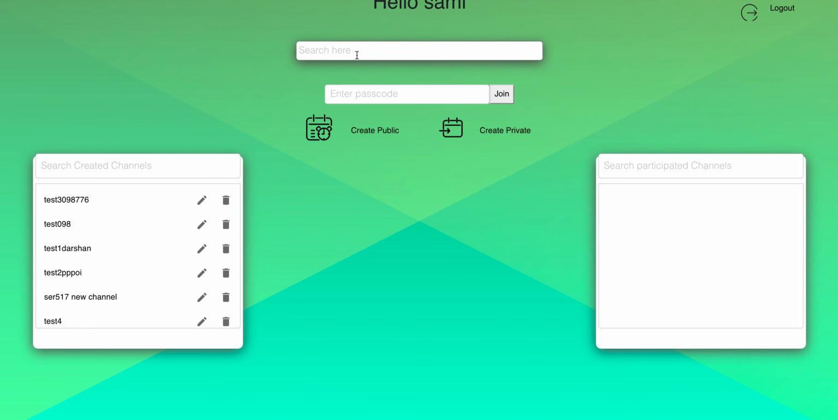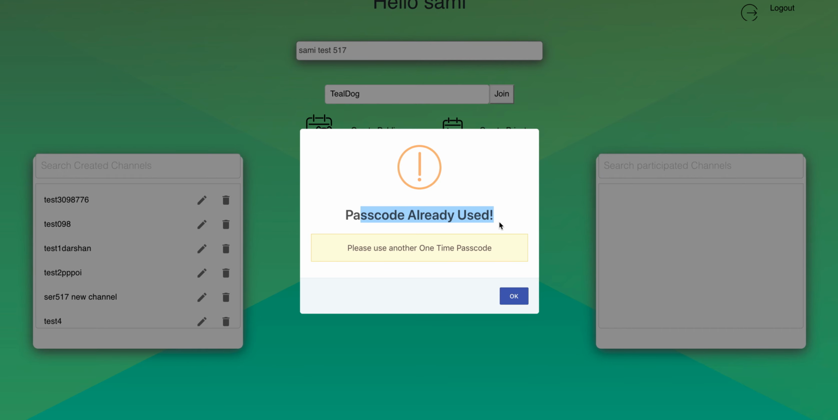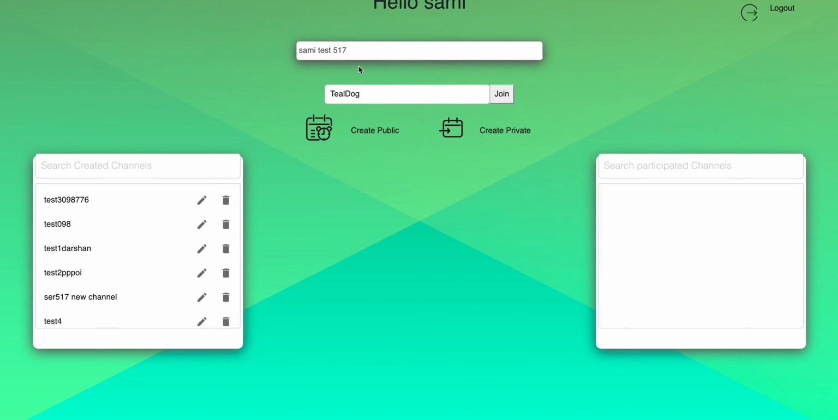But if I go back and use the same passcode again, it will say that this passcode has already been used, because this was actually the one time passcode. Okay, and you should understand one more thing. Like, when I first entered into my chat by searching this channel, I entered the passcode, this passcode, then you